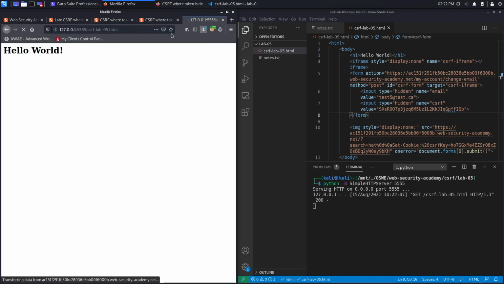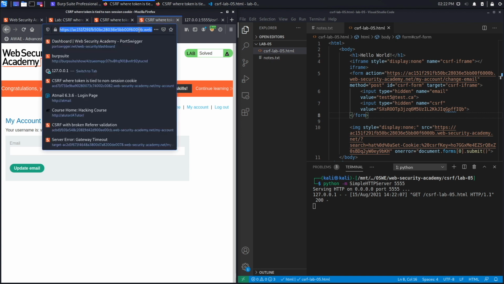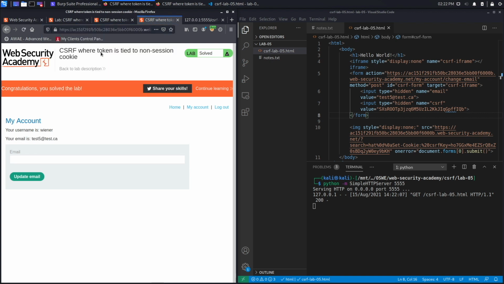lab05.html. Hit enter, and all the user sees is hello world, so the user doesn't even see the image icon, doesn't see the submit button at all. And what should have happened is in the backend, it should have changed the user's email. So if we go back and see if this got changed, and here we go. It did get changed. So the email address is test5@test.ca, which is the email address that we wanted to change